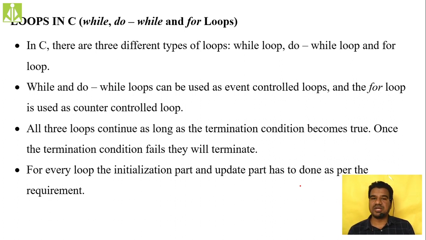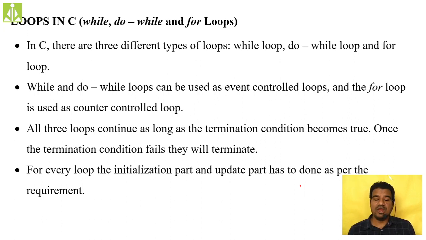The termination condition is nothing but your regular condition only. We have a different terminology to treat it, and we call it a termination condition. Based on the behavior of this termination condition only, your loop will be controlled. If the termination condition is false, the body of the loop will not be considered and the loop will terminate there itself. And if the termination condition is true, the body of the loop will execute, and the loop will continue to the next iteration.